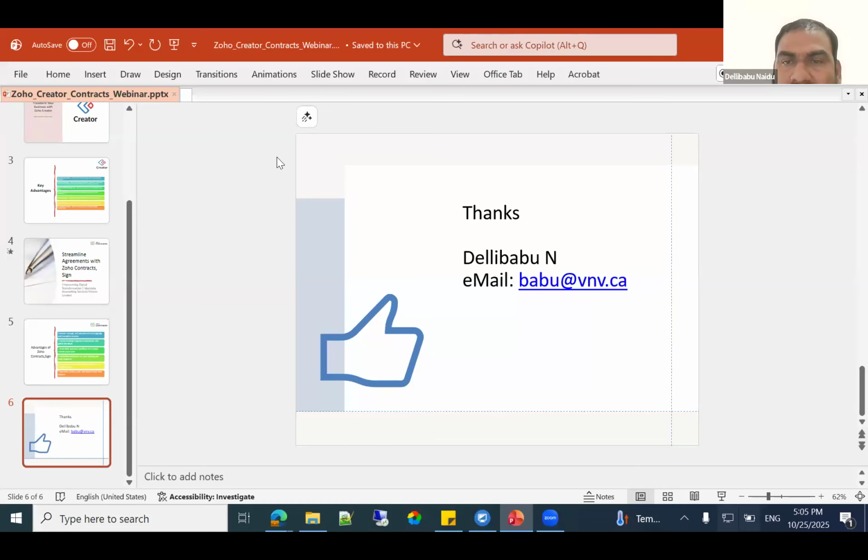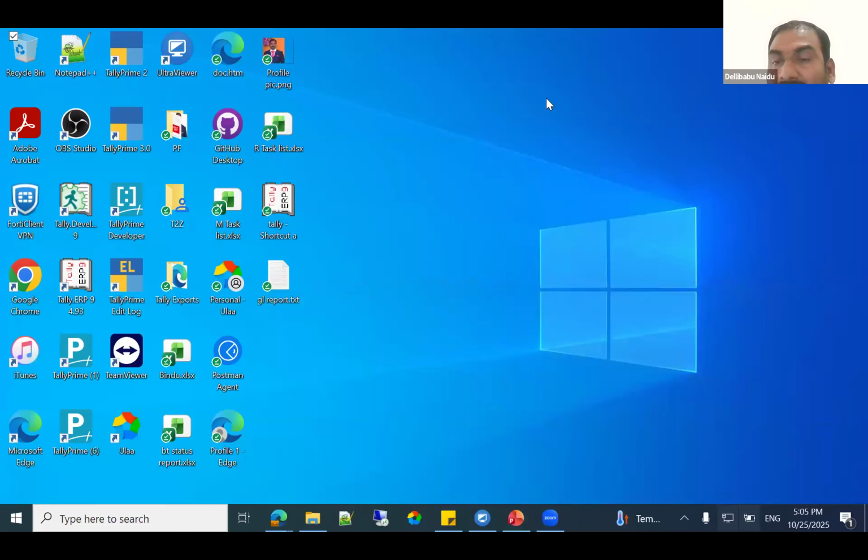Today I'm going to introduce one vendor onboarding form, how we can create and customize it in Zoho Creator with simple drag and drop. The second thing, how we can integrate with Zoho Books. That means once you enter the vendor's complete details in Zoho Creator, it will automatically move to Zoho Books and create a vendor. That is the flow. Today I'm going to show you using Flow, Creator and Books.